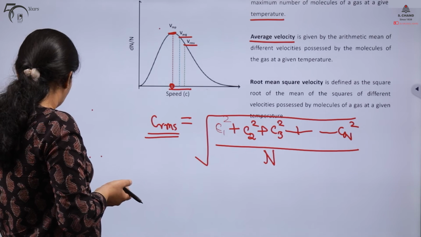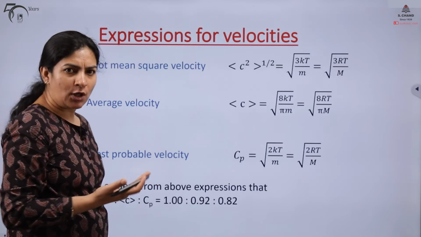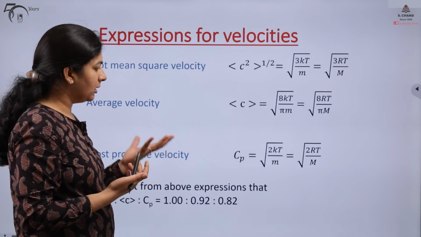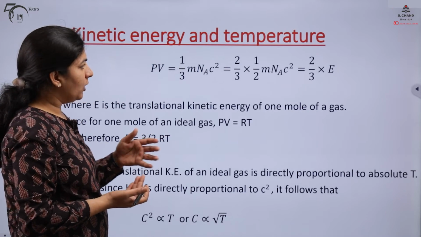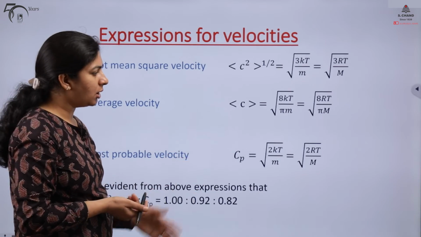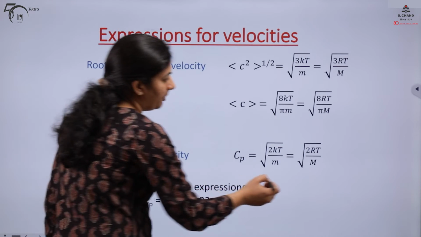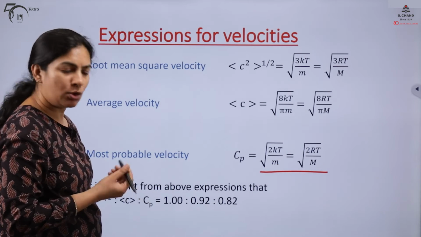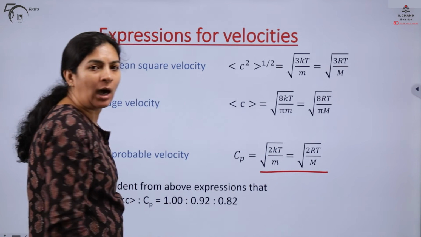So the derivation we are not going to do for these velocities. We can actually derive the velocity. Most probable is quite easy to derive. We can take the first derivative of the distribution curve and put it equal to 0. Solving this, we would be getting the expression for most probable velocity, which is equal to under root 2RT by